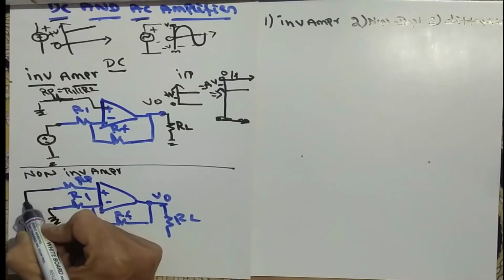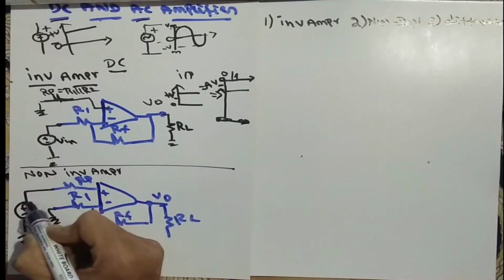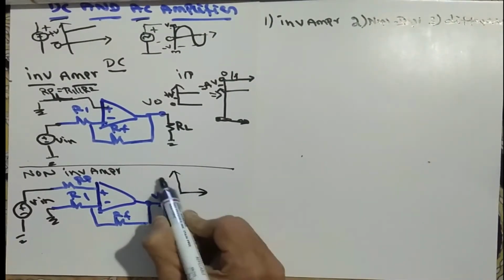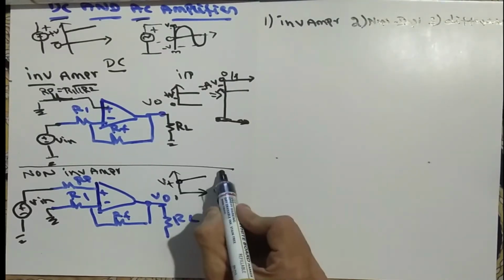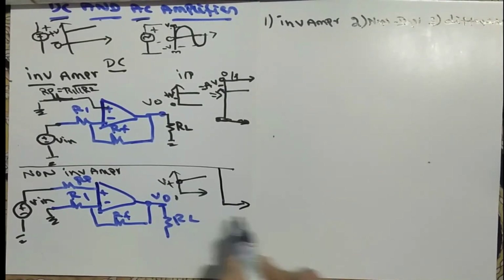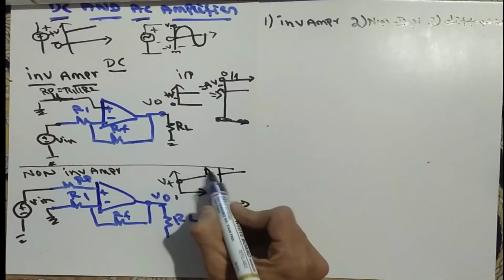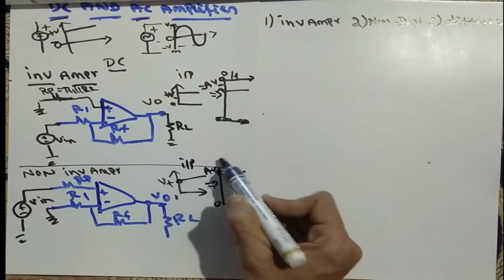Here you are giving the positive signal, plus and minus, grounded. This we can call any name, something like V in. So if you give some input, like this is 0, and this is V plus, you are given some value, maybe 310, whatever, and you are getting a positive portion only. Take this one 0, this is more value than the V plus, and this is A into V. This is the output you are getting. This is the input signal, this is the output signal.